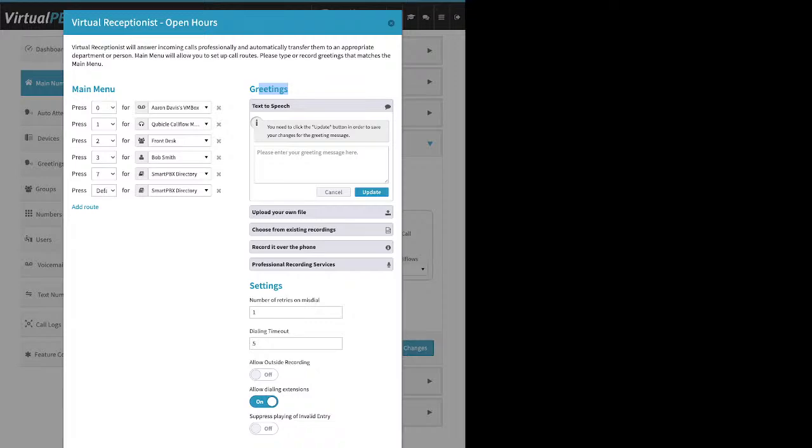Now, when you use a text to speech greeting, you type it in, you click update, save, and save changes. The system names the file for you. In this case, main open hours menu TTS, because we're in our main menu, we're doing my open hours, and it's a text to speech greeting. So if I type in something here,